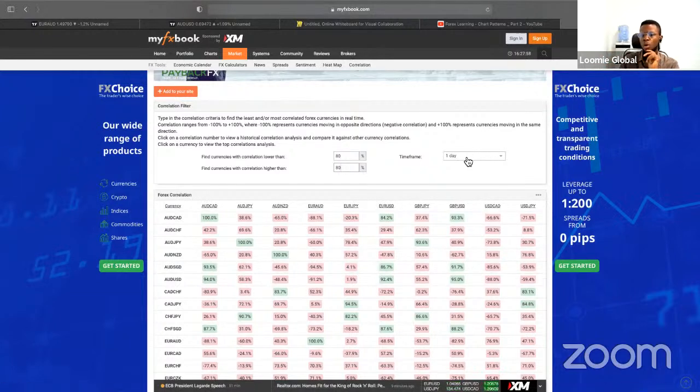So if you look at the time frame over the course of 1 day, or anything less than the day time frame, we'll see that these pairs like AUD/USD and GBP are strongly correlated. But if you want to start checking correlation over 1 week or 1 month, especially if you are a swing or position trader, you would be seeing different values, right? So AUD/USD on the 1 week time frame is not as correlated as it is when we're looking at time frames that are less than the daily time frame.